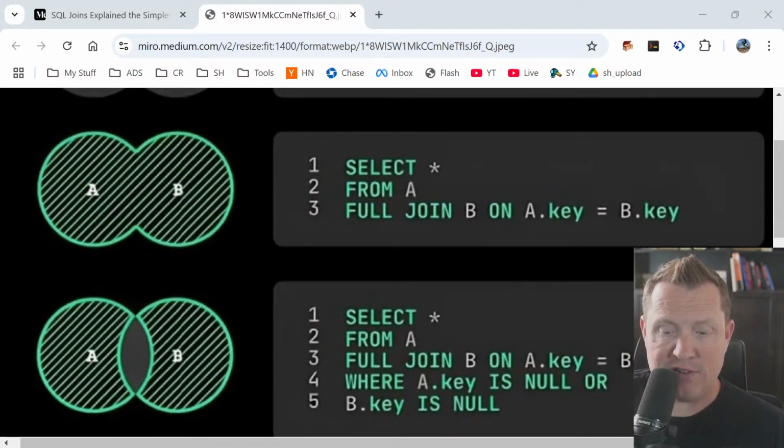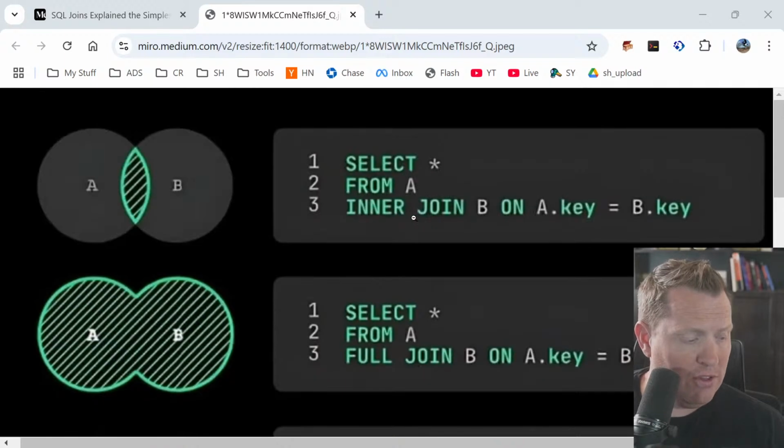Now, some of the syntax is going to differ a little bit per various different systems, but most T-SQL should be pretty similar. So even if it's not exact, if the syntax isn't exactly the same, it should get pretty close. And so this inner join here is only going to return the rows where there's a match in both